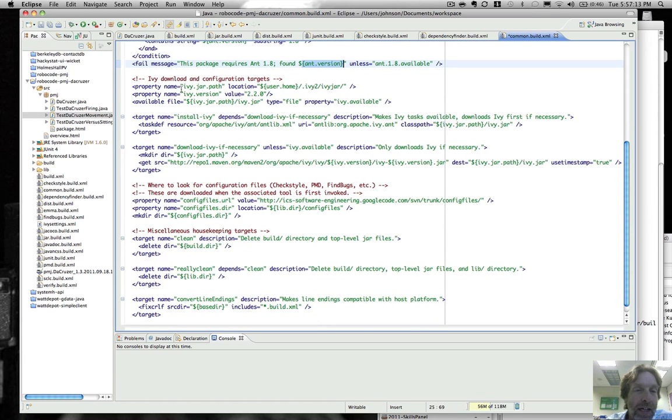Okay, now we're going to define some stuff to download Ivy from the web, if necessary, and install it. So we're going to define this thing ivy.jar.path, which is a property whose location is going to be the user's home directory in this .ivy2 subdirectory, which is where Ivy stuff generally gets put. And we'll have a new directory called ivy.jar. We're defining the version of Ivy that we're interested in, and then we've got this predicate called